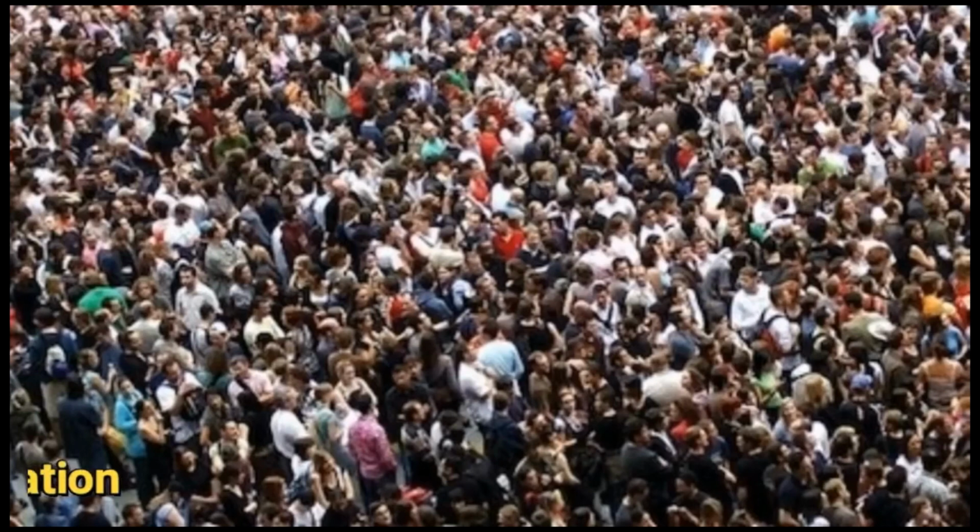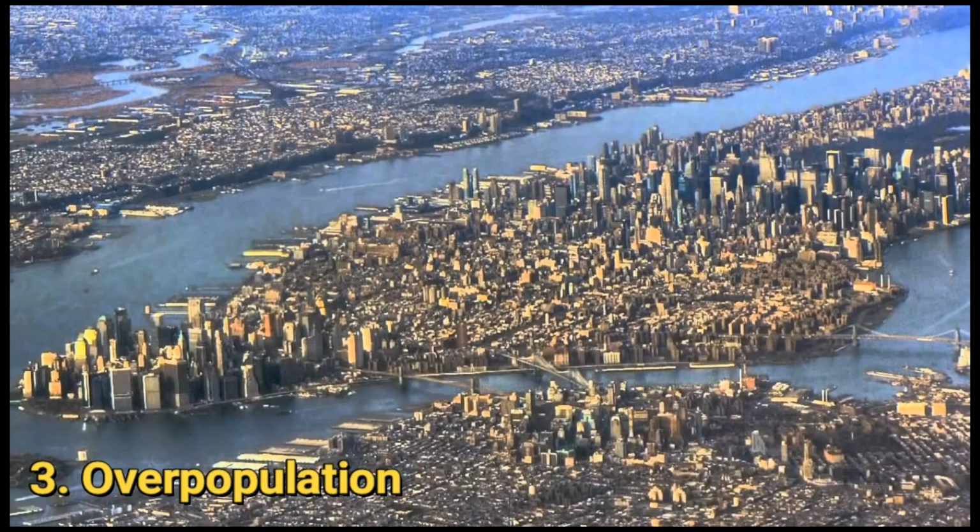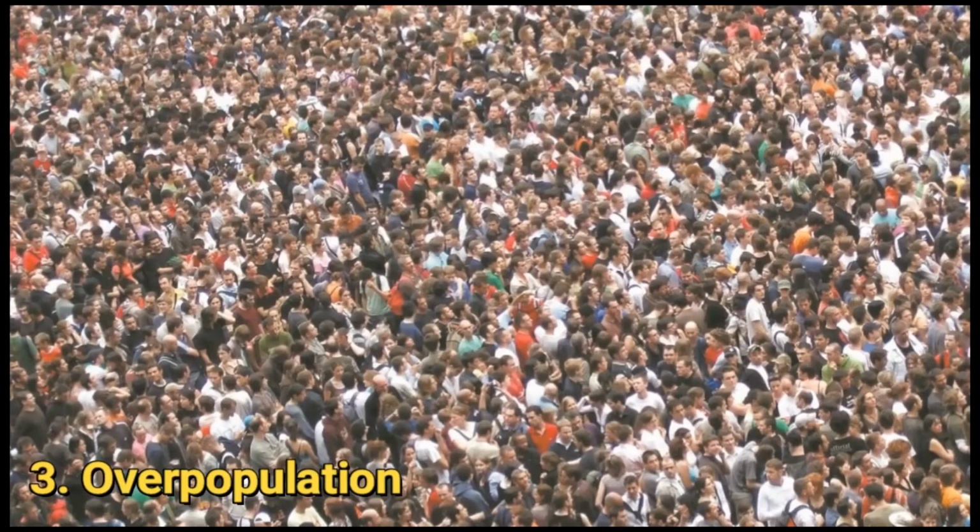Number 3, overpopulation. The population of the planet is reaching unsustainable levels as it faces a shortage of resources like water, fuel, and food. The population explosion in less developed and developing countries is straining the already scarce resources. Intensive agriculture practiced to produce food damages the environment through the use of chemical fertilizers, pesticides, and insecticides. Overpopulation is one of the crucial current environmental problems.